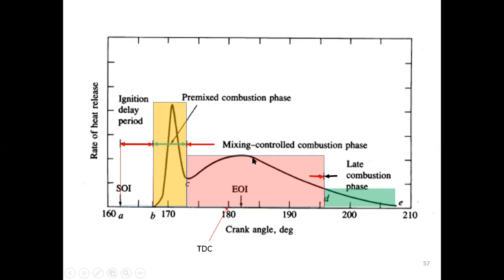And after that, you start to reduce the amount of fuel injection, so the rate of heat release starts to reduce. And then you stop injecting here. After that, it's going to be the late combustion, where combustion happens with the fuel that is still inside the cylinder due to the last injection. You have the late combustion phase here. Okay, so this is where each stage of combustion happens according to the rate of heat release.